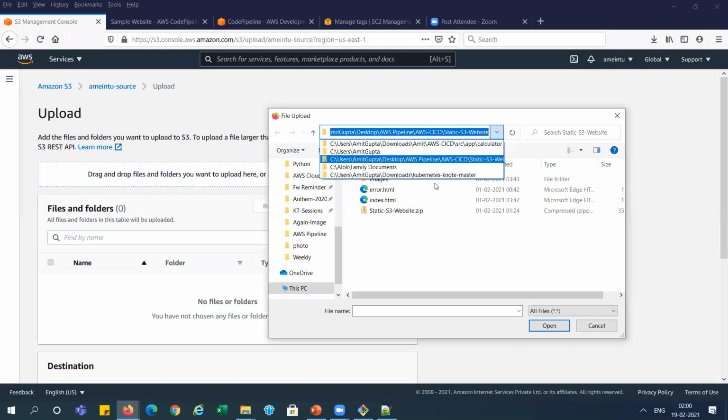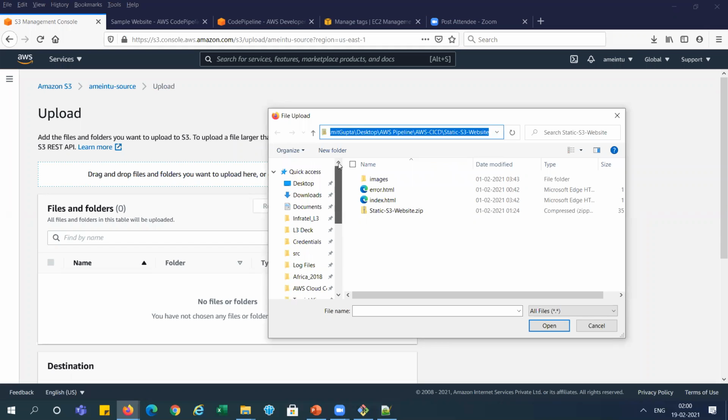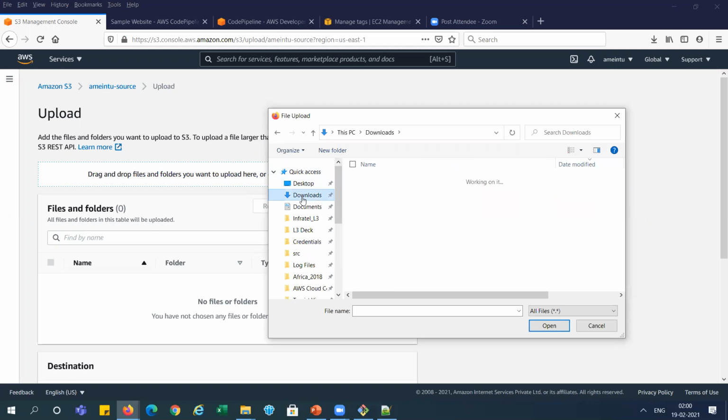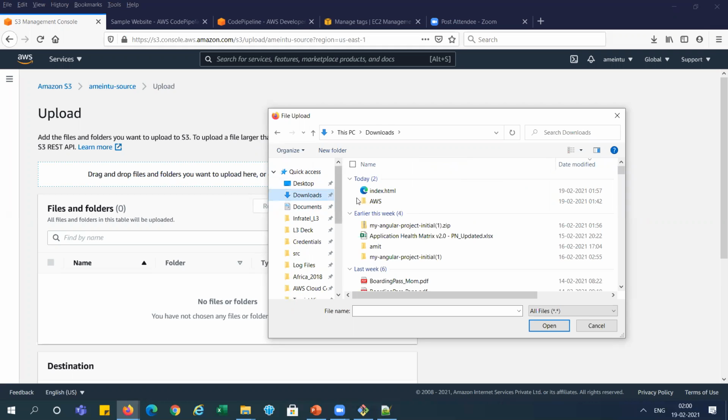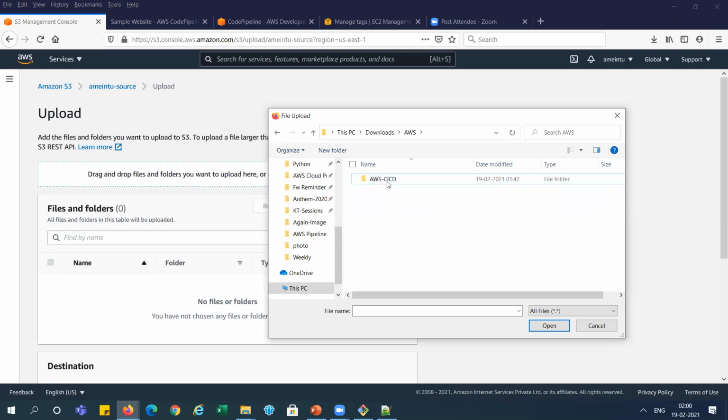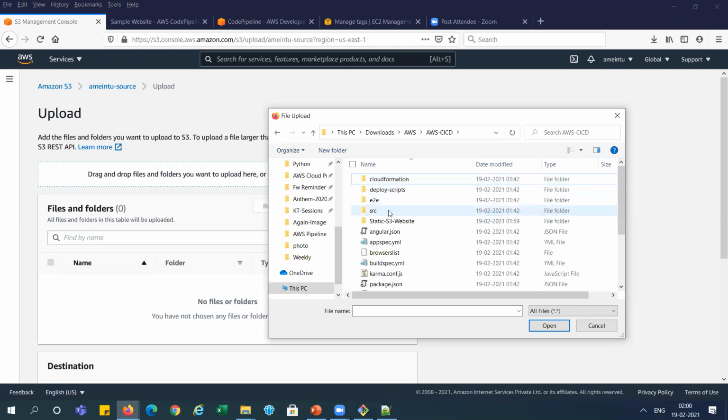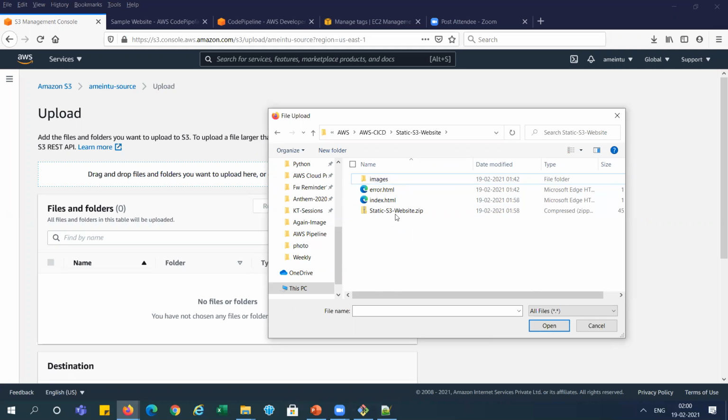Oh, this path is wrong. Okay. So we have created this in here, right? Download, AWS CI/CD, static S3 buckets. Now the one within it was wrong, so we got 2.0. Okay. Now let's try it. S3 bucket zip. This contains the 4.0 version, right?